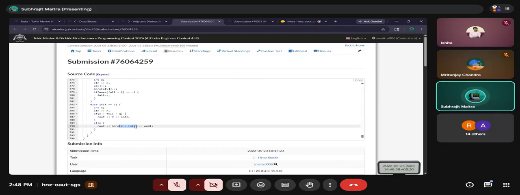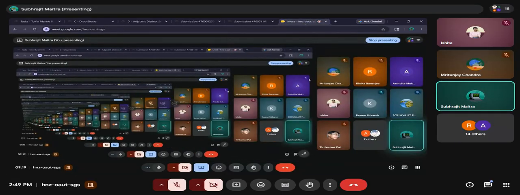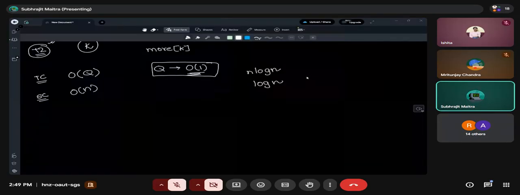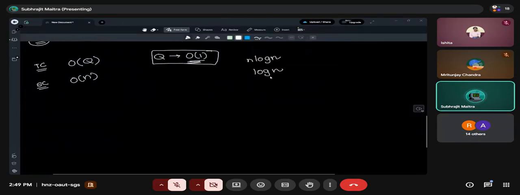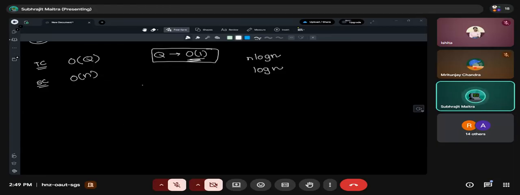Now can you tell me why I have done mode of x plus full, not mode of x, in case of type 2? If you don't write the equation, you cannot suddenly see that. See, actual number of blocks is A of i minus full, right? And what do you want? This is greater than or equal to k.